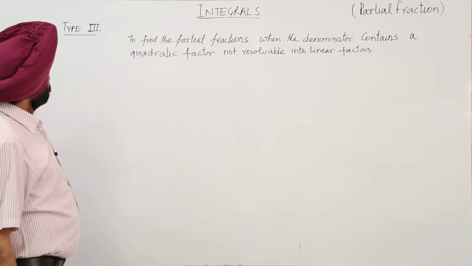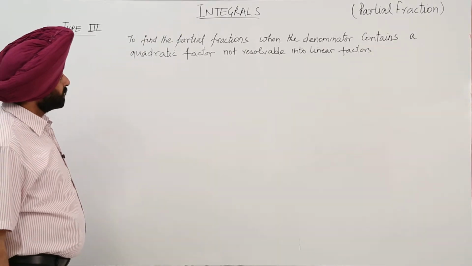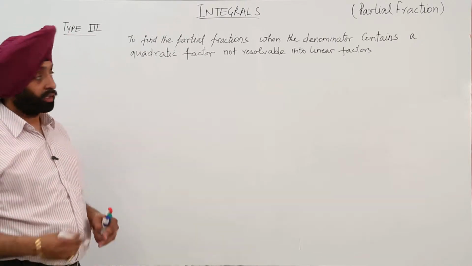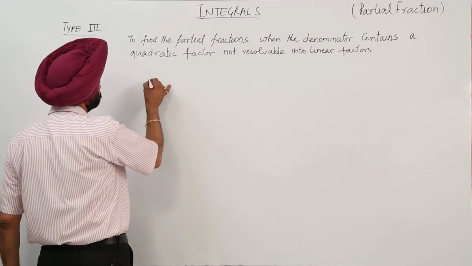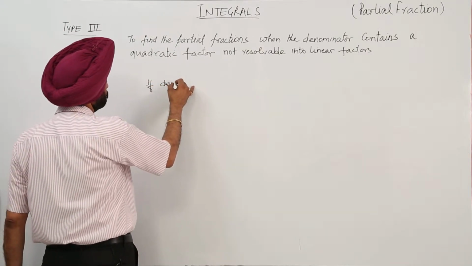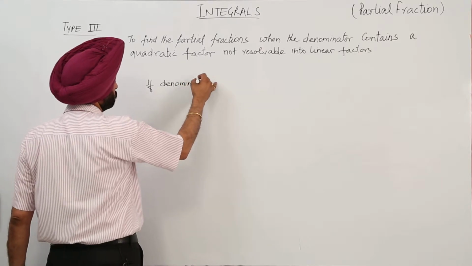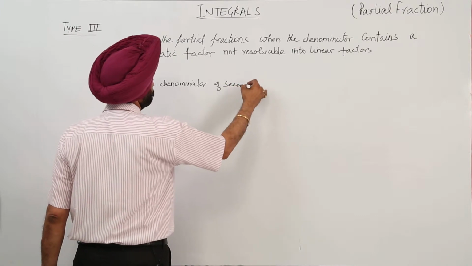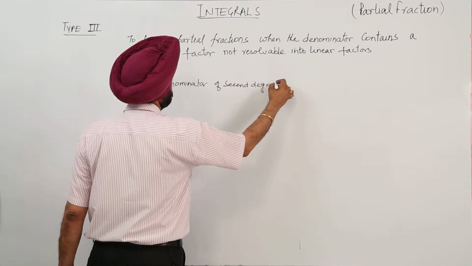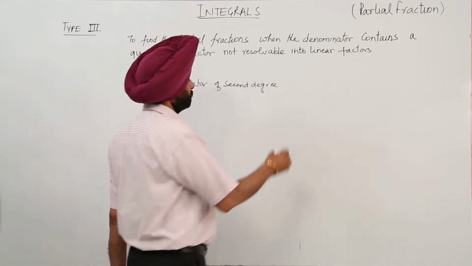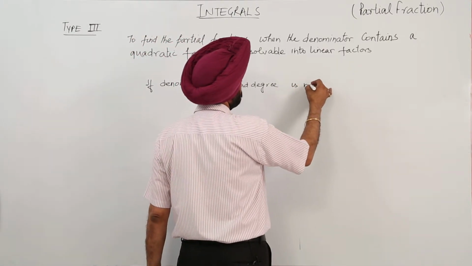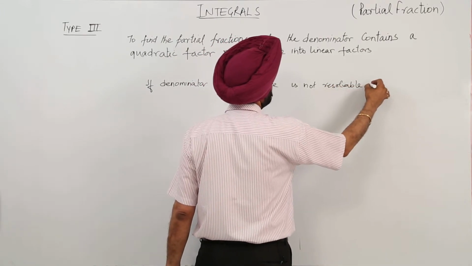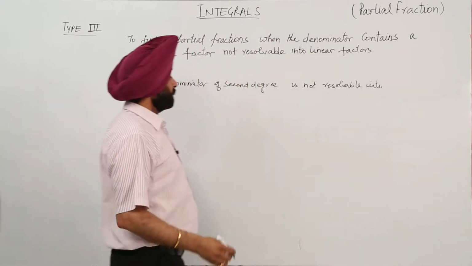Third type, to find the partial fraction when the denominator contains a quadratic factor not resolvable into linear factors. Now, if the denominator of second degree is not resolvable into linear factors,